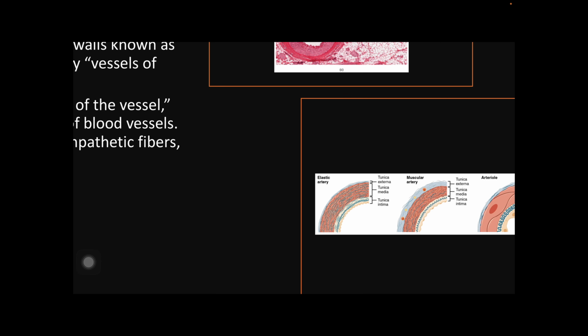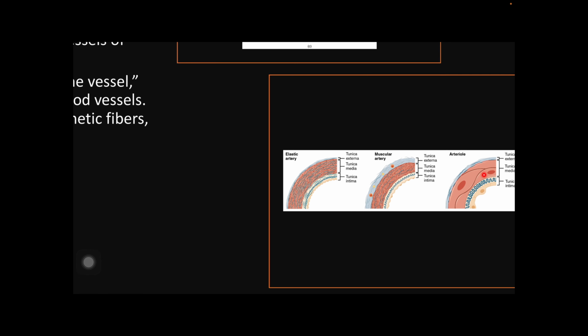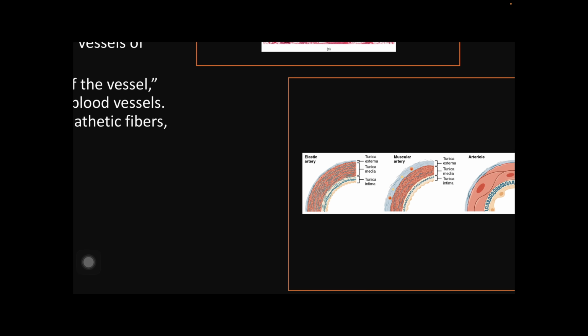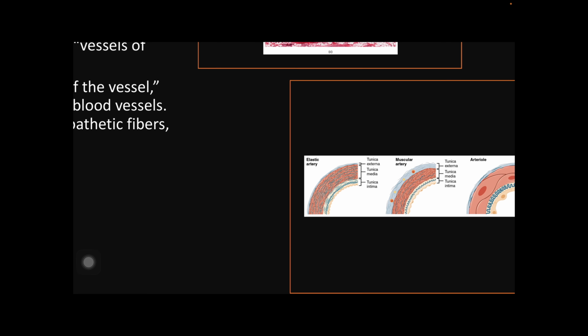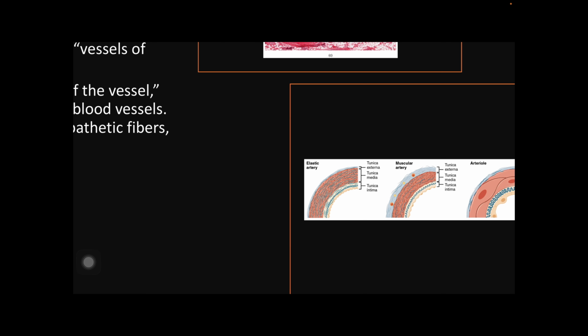Okay, there are three main types of arteries. We have an elastic artery, we have a muscular artery, and then we again have this arteriole. The three main types of arteries are found in different places. So elastic arteries tend to be like the superhighways. These are the large arteries that have lots of elastic fibers in them. They are transporting blood, like the aorta,